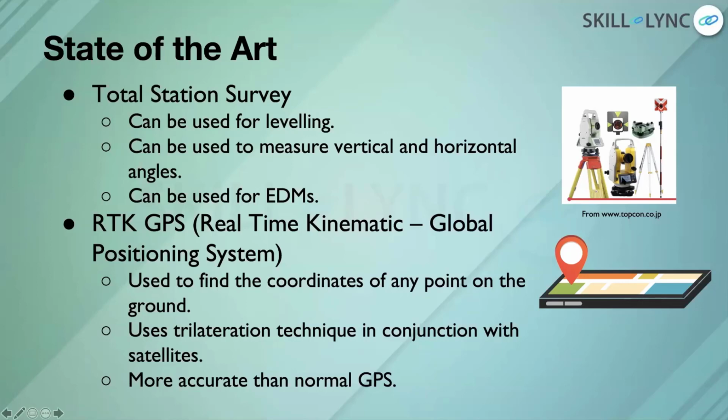You have a telescope here, this one can be rotated in the vertical plane, and this one also moves in the horizontal plane because there is a rotating platform here. And you also have screws to fix them in position. Now, obviously, this can't be used on the ground. It has to be put on the top of a tripod, which has 3 legs, and it is leveled using those legs. And it can't be used alone.